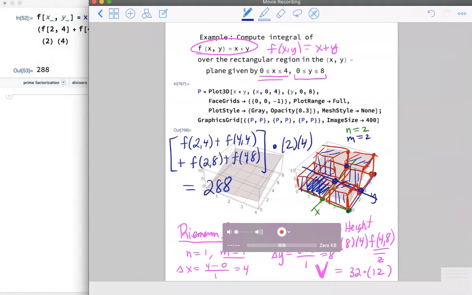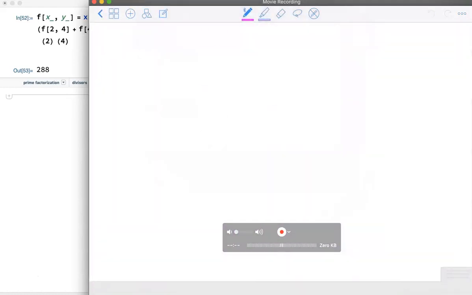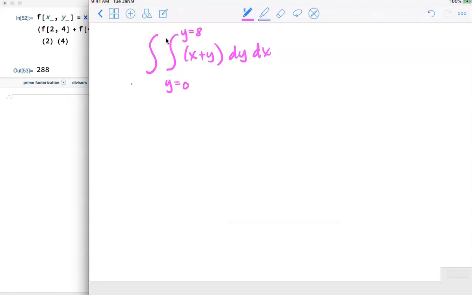Okay, but just to show what we're going to be shooting for, essentially we have the definite integral of x plus y dy dx. Y was going from 0 to 8, and x was going from 0 to 4. Okay, that's the definite integral, and we've shown that with n equal 2 and m equal 2, you get an approximate answer of 288. Okay, the exact answer,